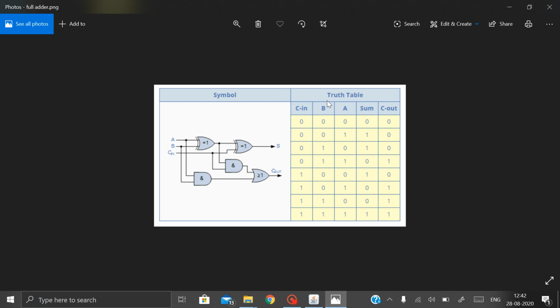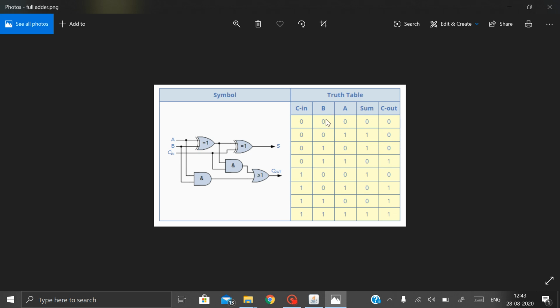The logic gates used here are two XOR gates, two AND gates, and one OR gate. As you can see here, there are three inputs, A, B and carry input, and the outputs are sum and carry output.